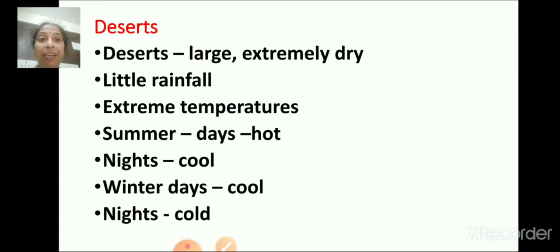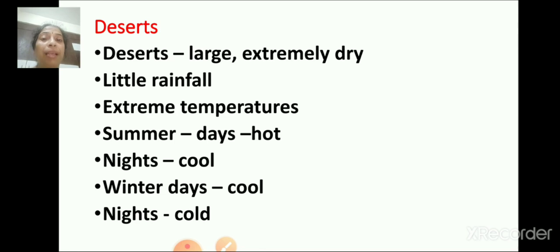And what about the temperature? Deserts have extreme temperatures. That is, in summer, the days are hot and nights are cool. And in winters, the days are cool and the nights are cold.